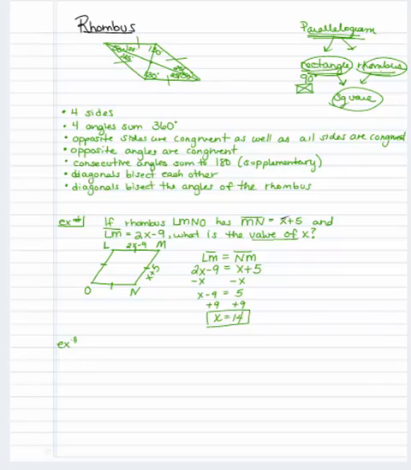Let's try another one. Again, no picture. In rhombus ABCD, the diagonals cross at E. If the measure of angle CBD equals 44 degrees, find